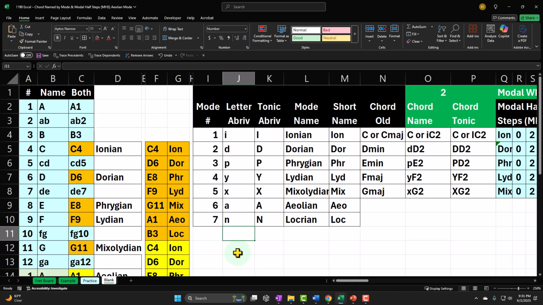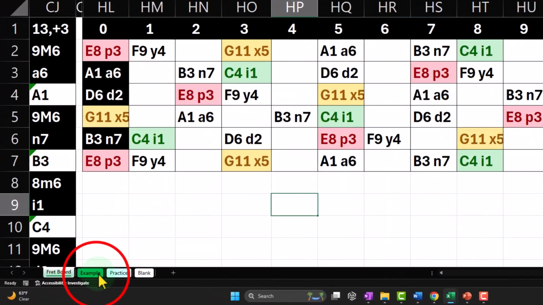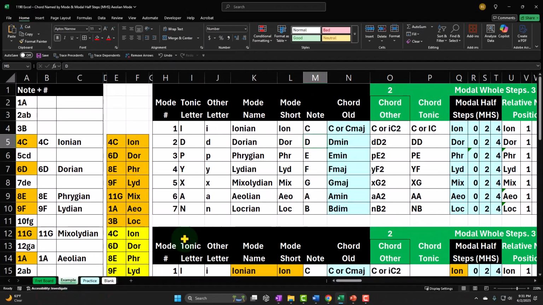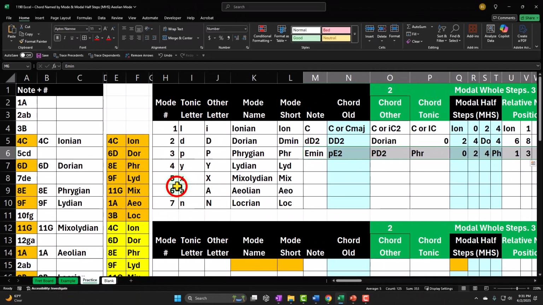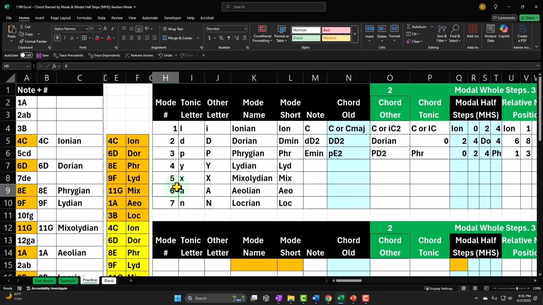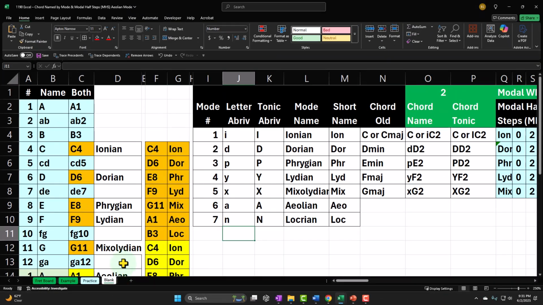If you do have access to this workbook, though, there are 4 tabs down below: Fretboard, example, practice, blank. The fretboard tab has a simulated fretboard, which we will refer back to. The example tab has the finished product, in essence, the answer key. The practice tab has pre-formatted cells, so you can practice the practice problem with less Excel formatting, but if you don't have any of that, that's okay because we'll be working in the blank tab where we started from scratch